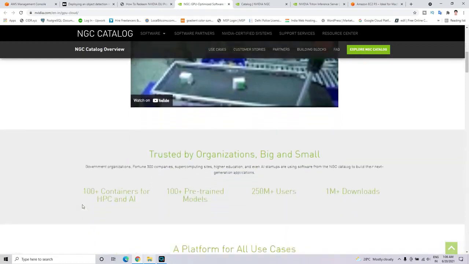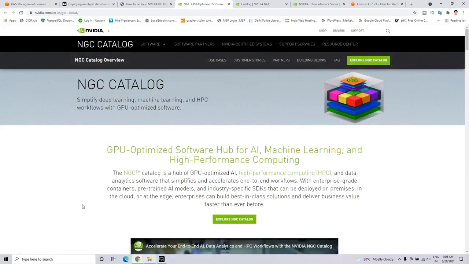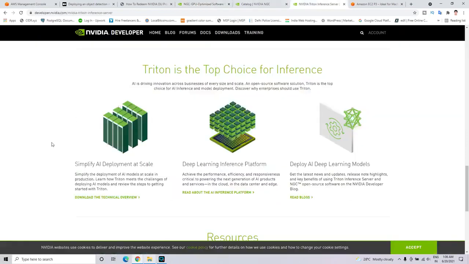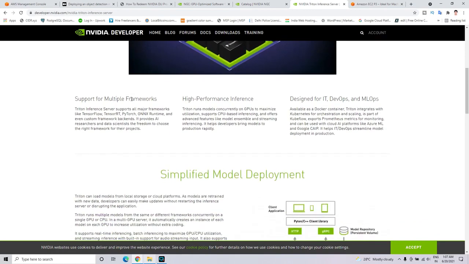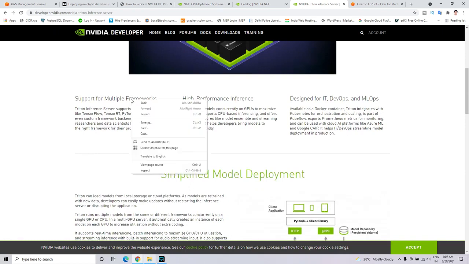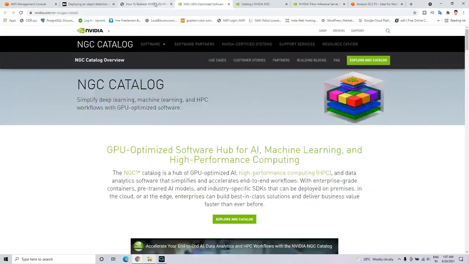So we are primarily using one of the NGC catalog offerings, NVIDIA Triton Server, in our project of deploying an object detection model using NVIDIA Triton Inference Server. NVIDIA Triton Inference Server lets a team deploy trained AI models from any framework, like NVIDIA TensorRT, PyTorch, and many more, in our cloud storage or cloud platform or on any GPU. For this project,